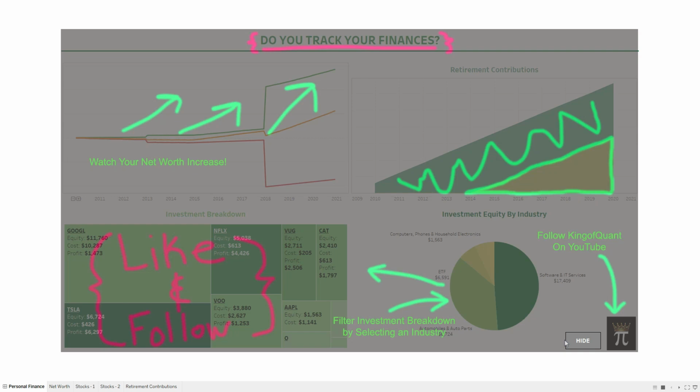Today we're going to be looking at how to set up a personal finance dashboard in Tableau. Let's look at how the dashboard works real quick. As you can see, there's a nice little overlay on the dashboard that shows some details about how you can watch your net worth increase, how you can watch your retirement contributions over the years, and different filtering options, and